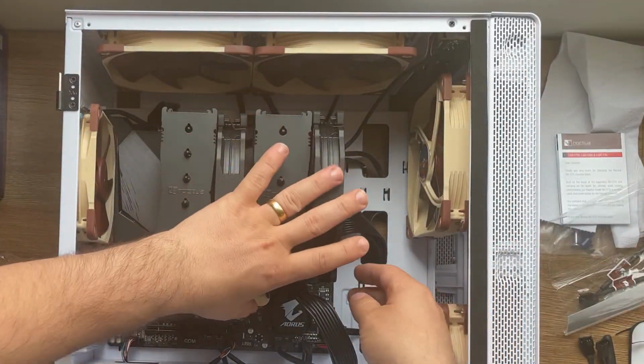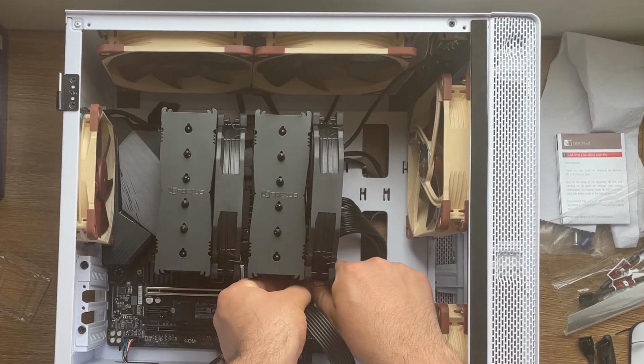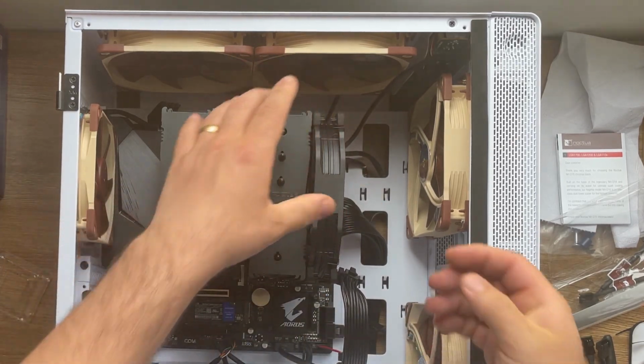Okay, the first one has been attached, and I'm gonna do the same for the second one. Okay, let's put it in here. Okay, so right now the fan has been installed on both sides. I need to try something. Yep,